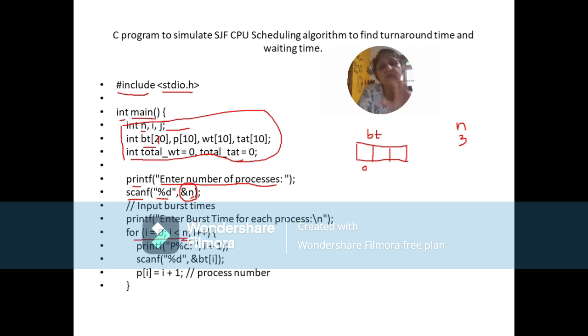Okay. So because I want to keep it the same constant, so that you remember for every CPU scheduling algorithm, the number of processes we are going to enter as 3 and the burst times we are going to enter as 5 and 7, but this is not a compulsion. This is just the easy way so that we remember. Okay, fine. So what is the value of I? I is 0. So let's write that I is 0.